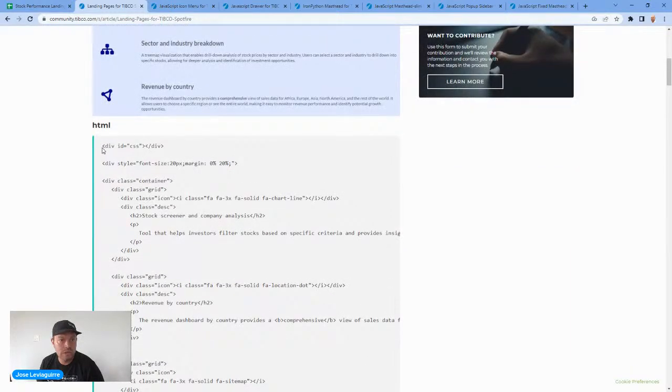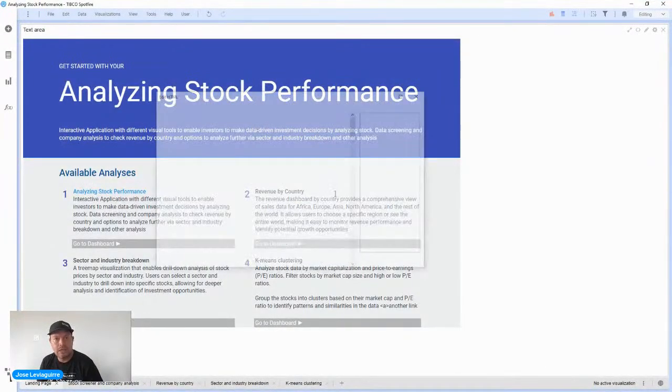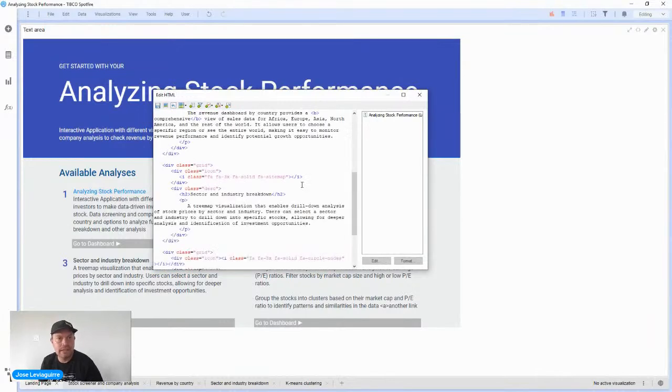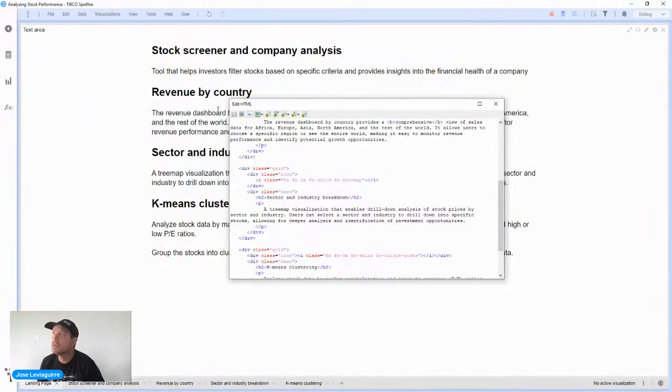I'm going to just do this very quickly. This template is simple, and then I just copy, edit my HTML. I'm going to select everything and replace that with that, and that's how it looks. Of course, I'm going to lose my links, but